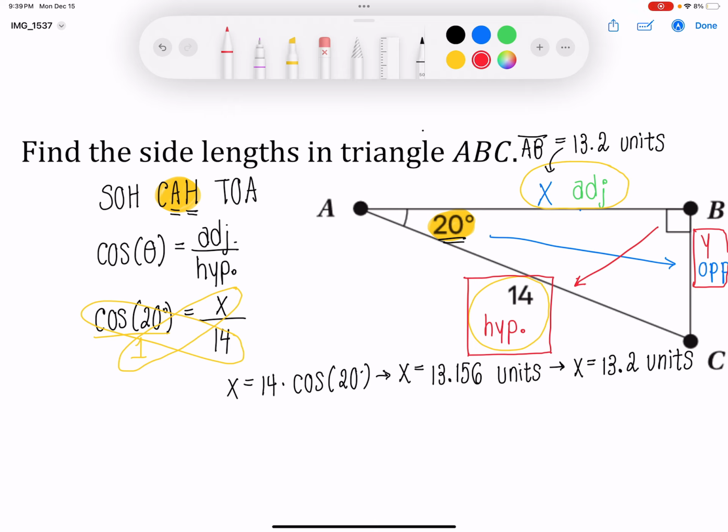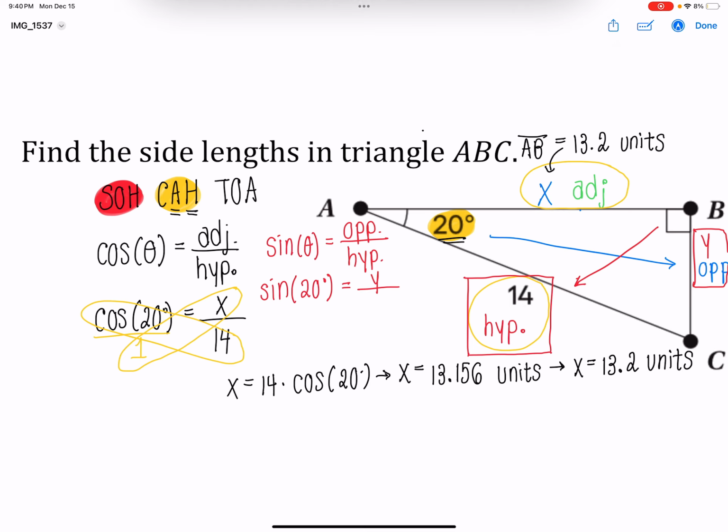And I'll draw everything in red here so we can differentiate what's what. Right now I have O and H, so I'm going to use SOH, which stands for sine of theta is equal to opposite over hypotenuse. And we have sine of 20 degrees is equal to my opposite side, y, divided by my hypotenuse, which